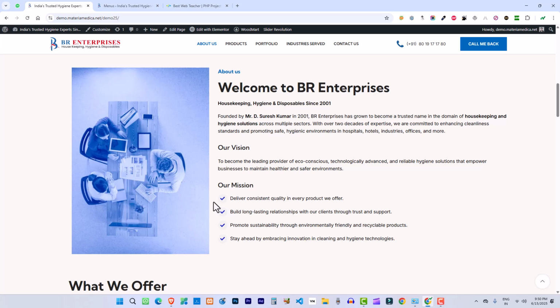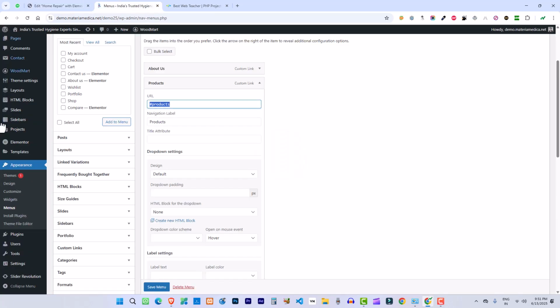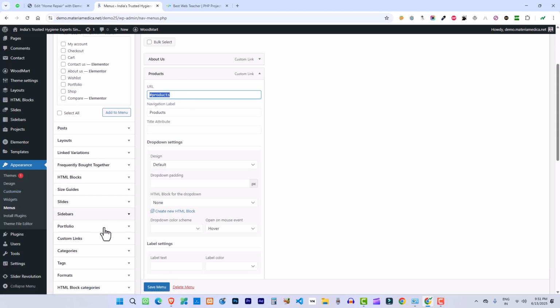I made this website with Elementor. Just click Edit with Elementor, and after that go to your dashboard, and in Appearance click on Menu, create a menu, and in the URL just write here. You can create the menu